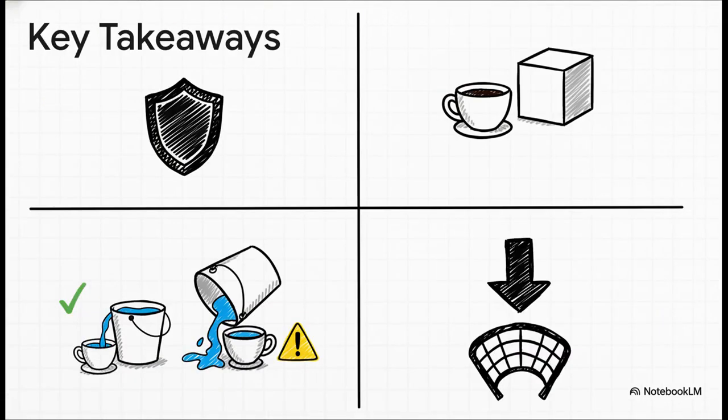So let's tie it all together, shall we? First, remember Java's strictness isn't a bug, it's a feature for safety. Second, the container analogy is your best friend. Use it. For the basics, widening from small to large is automatic and safe. Narrowing from large to small is manual and risky. And finally, for objects, the powerful tool of downcasting must always be guarded by an instanceof check to keep your